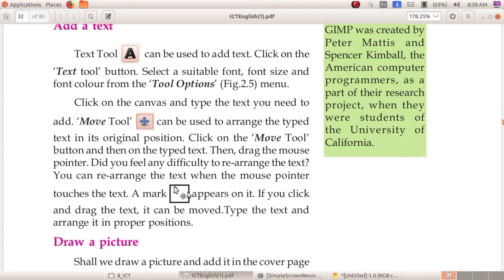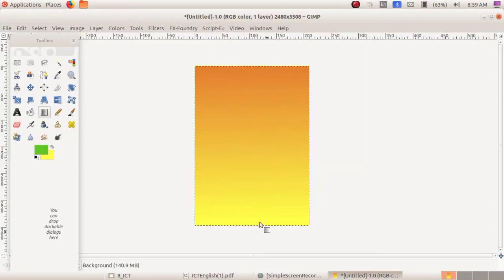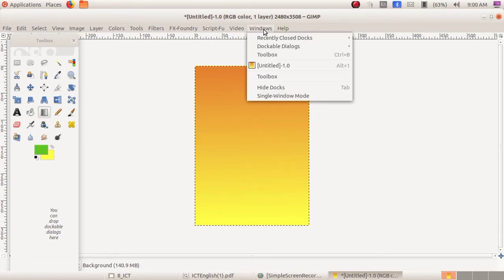And before we do anything in the GIMP software, we want to make new layers. So how can we make layers? Click on Windows. See dear children, this is not in your textbook. You want to note it down in the back side of your IT notebook.